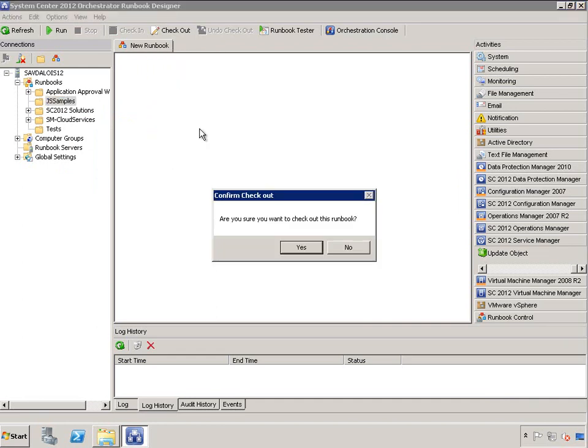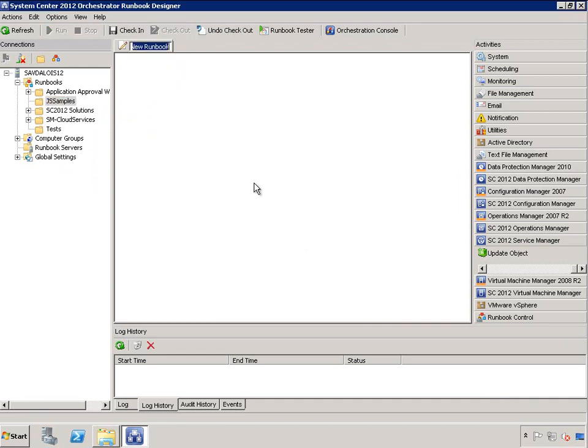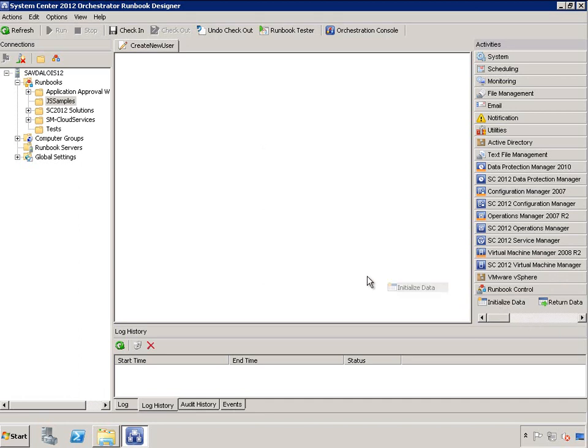So I'm going to say I want to create a new runbook. I'm going to rename it, I'm going to check it out, and rename it to create new user. And now I'm going to firstly initialize some data. This is actually going to be fed to me by Service Manager. And so I'm going to double click this